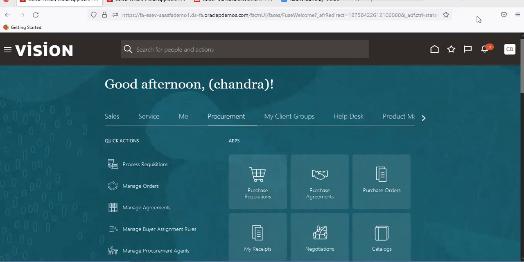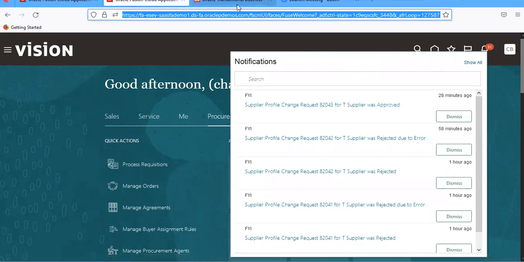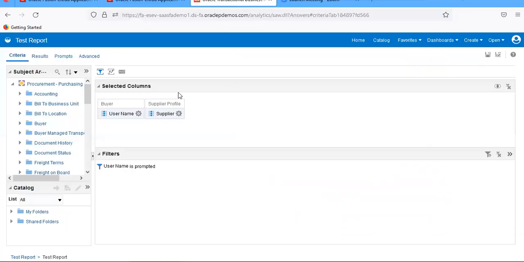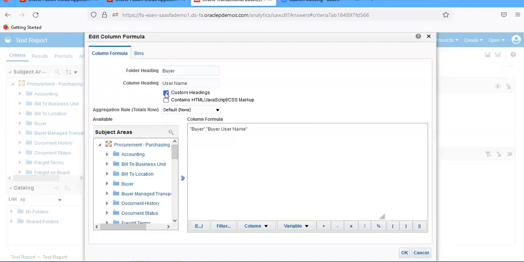Today we are going to see some of the features and some of the problems which we will face when we are creating presentation variables. So I'm switching over to analytics. I have taken two columns: one is buyer and supplier, another is supplier. Username is nothing but a buyer. If you want to change the column, I think you know that. Just change